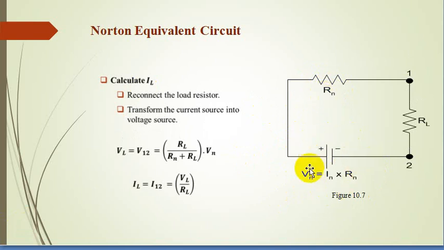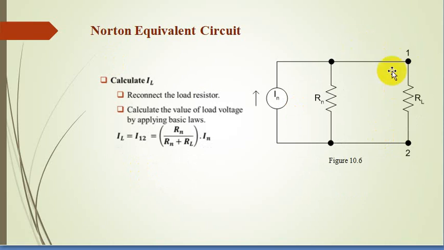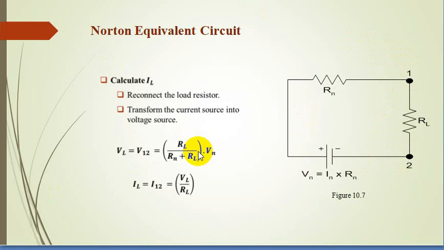After converting the current source into the voltage source, again you are supposed to calculate your circuit parameters like the voltage and the currents across the load resistance. If you consider it very convenient to convert it into the voltage source, then by applying these formulas you can simply find out the load voltage and the load current. So it does not make any effect on your previous circuit. The values across the load, or points 1 and 2 in this circuit, are the same as the values calculated through this circuit.